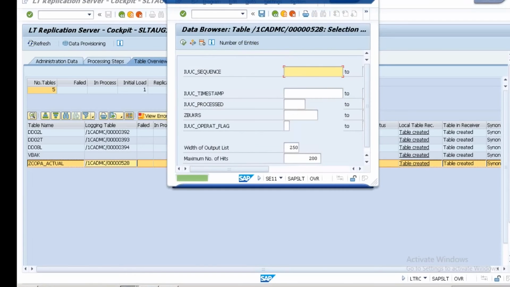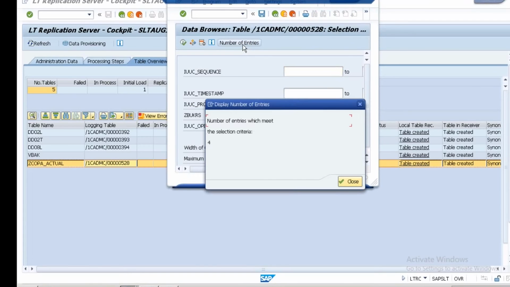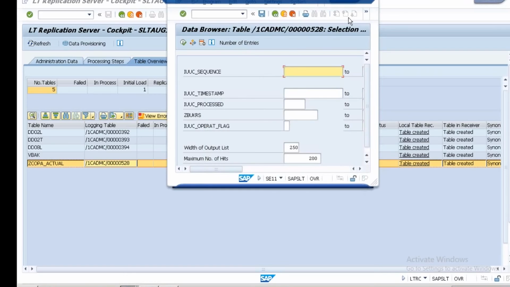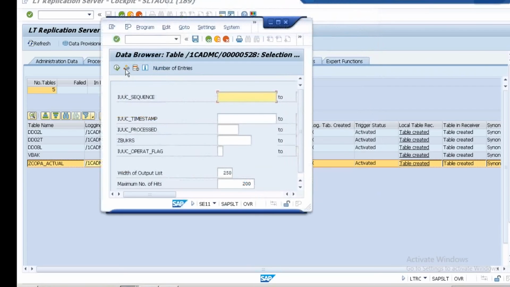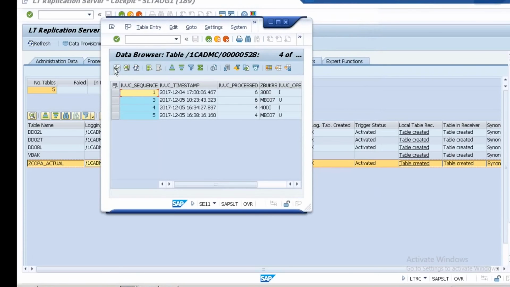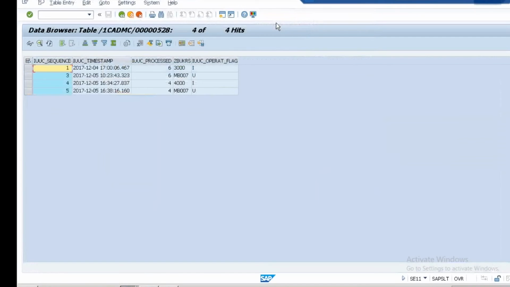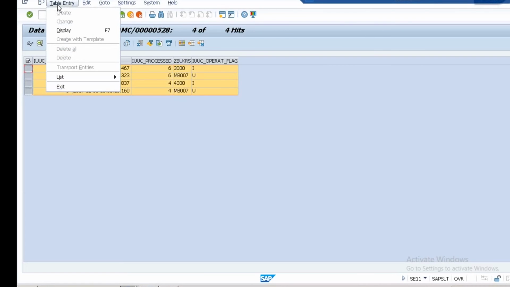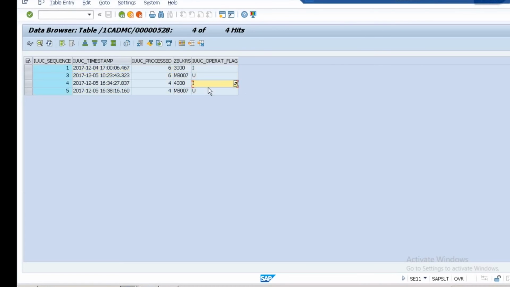So once you click content, now please see. Now here, once you click execute, you can see the number of entries is 4 records. Already there are a few entries over here. Now what I'm going to do now,